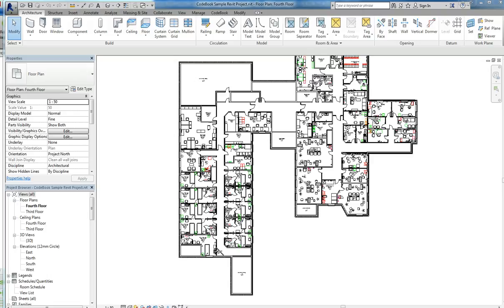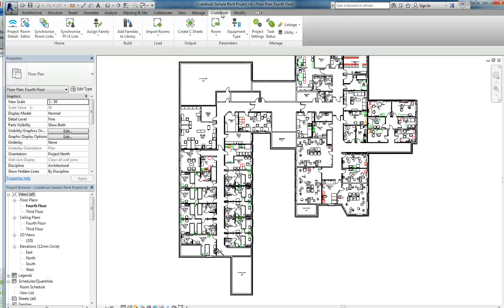So codebook has the ability to batch load Revit content either from a loaded Revit model, a file location containing the Revit families, or it can actually parametrically create Revit content, Revit families, from an Excel schedule. We can find a batch add tool from within Revit and the Codebook Add-in tab. So if we select the option for Codebook, and when we select the option for Add Families to Library,